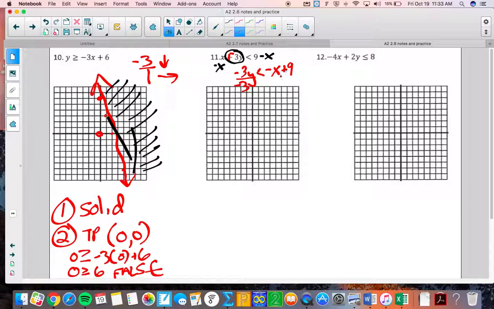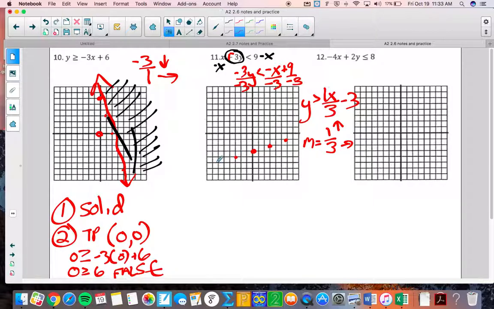Wait, didn't we say something about dividing by negatives? What did we talk about with that? Oh yeah, if we divide by a negative, we need to flip the direction of the inequality. So we get y, and now the inequality, or Pac-Man, is going to actually face the y. It turns around. A negative divided by a negative is a positive. So we just get positive x over 3, and then we get negative 3, because 9 divided by negative 3 is a negative 3. You can slip a 1 in front of the x, so your y-intercept is negative 3. Slipping a 1 in front of your x, your slope is 1/3. So you're going up 1 and right 3. Up 1, right 3, up 1, right 3,